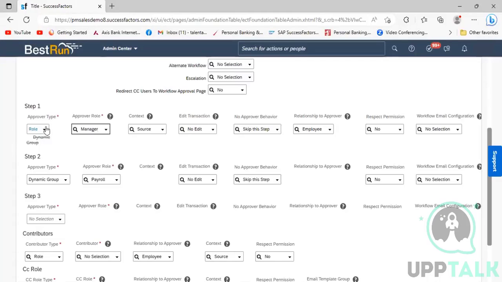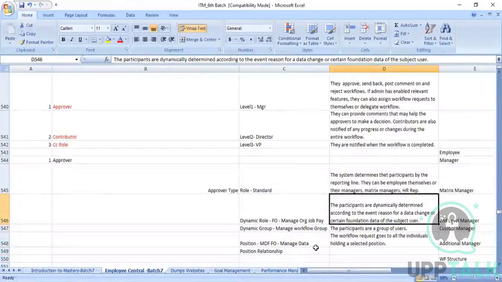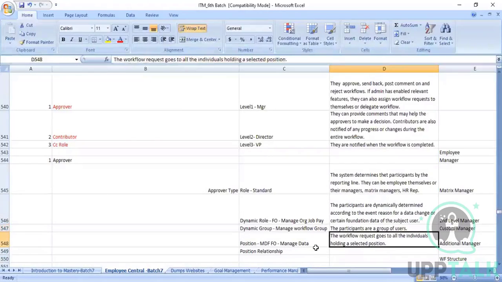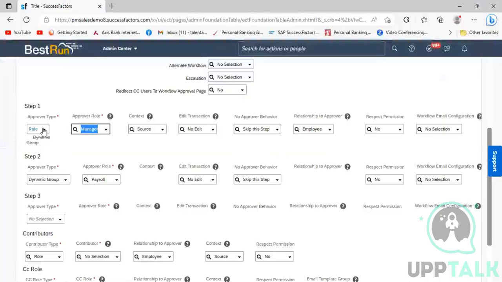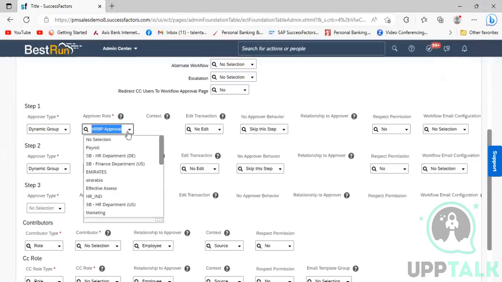Okay, that is one thing. Now coming into the second one, let's discuss the dynamic group. Let me go back into the system, and in case I am selecting the approver type as a dynamic group, we can see by default